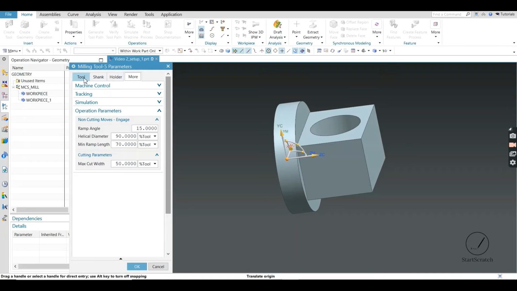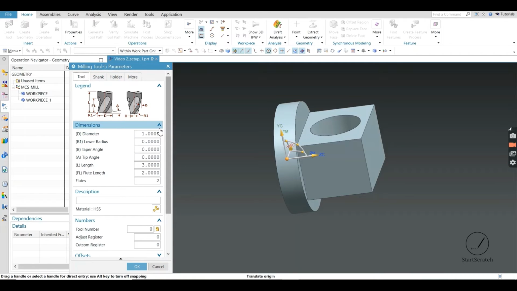Using the default values would be fine. If you want, you can change these parameters according to the tools available in the workshop.